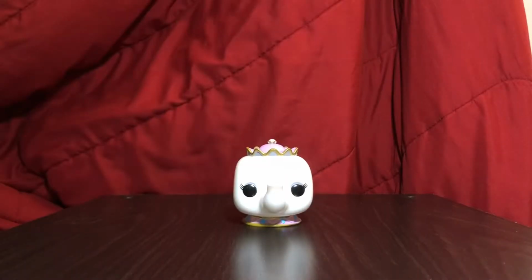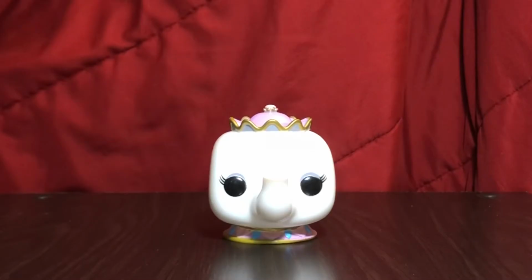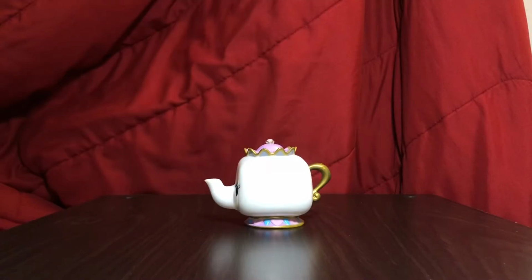Obviously, Miss Potts is way bigger because she is the mama pot. But yeah, if you look at her closely, you can see that her material is a little bit more vinyl and shiny and definitely has that sleek feeling to it. But she's super, super cool, and her eyes aren't just regular pop eyes. If you look closely, she has a little bit of eyeshadow on the top, which is a nice little detail for Mrs. Potts, and definitely brings out her beautiful eyelashes, and her spout is just very extravagant and big, which